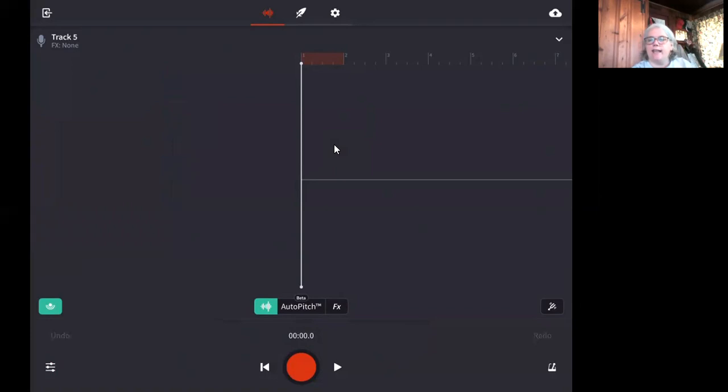Now we already set which ones we want to listen to. So basically what you're going to do is make sure you have headphones plugged into the same device, okay? So if I'm doing it on my iPhone, you're going to plug your headphones into your iPhone, okay? And you're going to listen to whatever you've selected to have go on. Then when it comes time for you to come in, you're just going to come in, all right? So when you hit record,